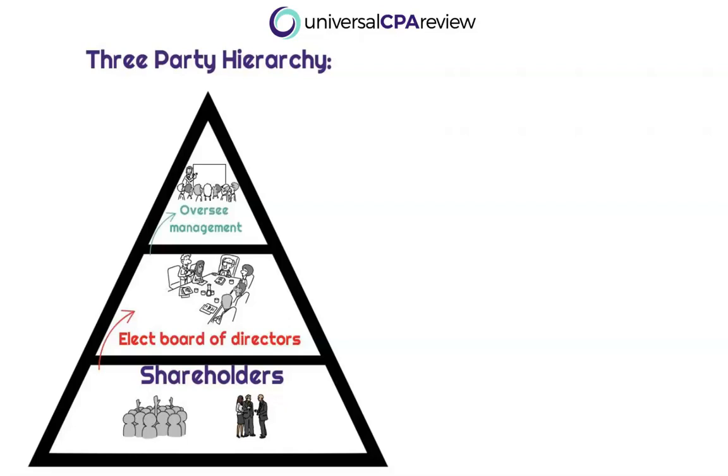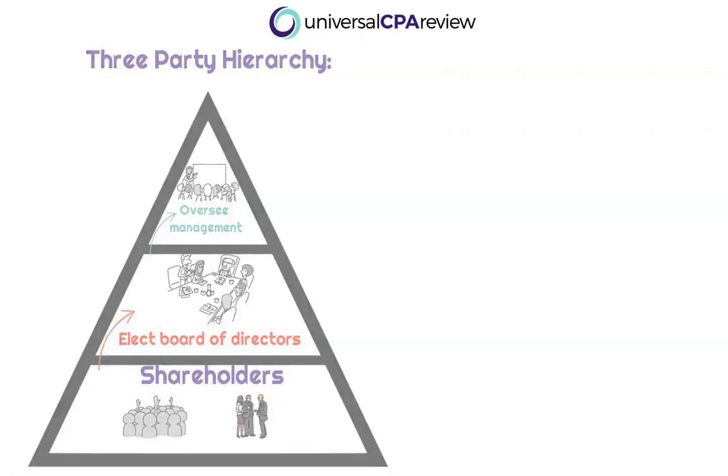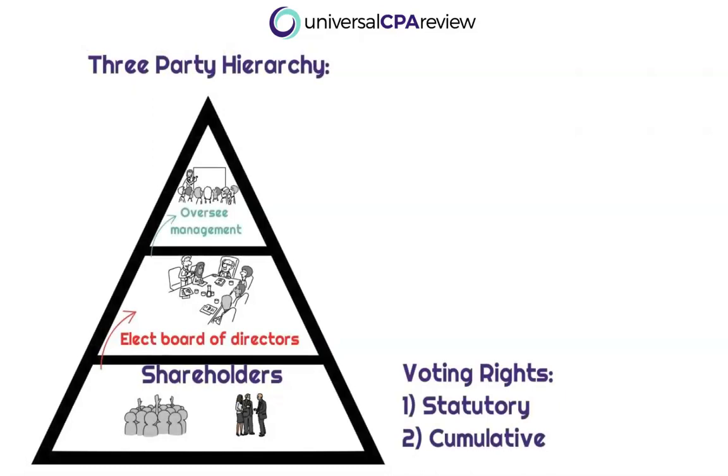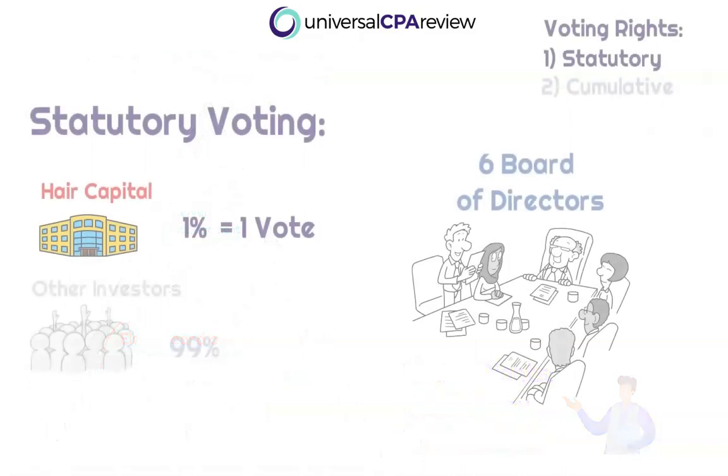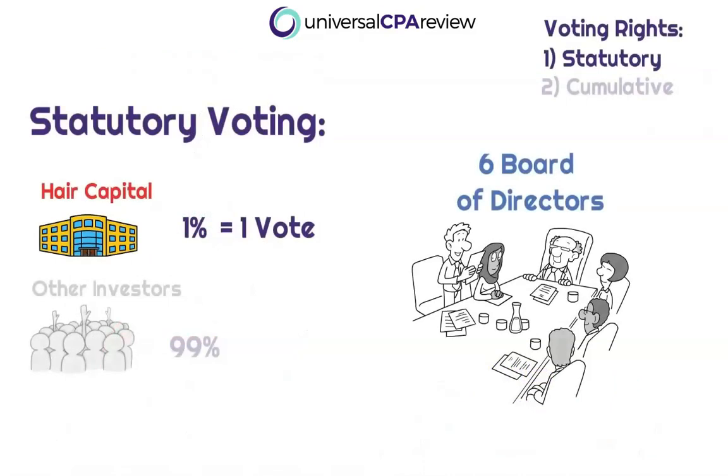Okay, so when it comes to shareholders' voting rights, they're the ones, as we said, to be electing these board members. So how do we determine how many voting rights each shareholder will have? On the exam, there are generally two possible situations that you might or might not see. We have a statutory voting situation and a cumulative voting situation. Okay, so statutory voting, which by the way is just a detailed term, can also be thought of as your general rule. Essentially, this indicates that each shareholder will have one vote per board